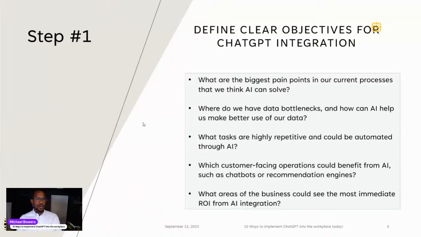Another thing you can do is look at bottlenecks in your business. A bottleneck might be, say, another client whose sales team is constantly having to look at different sources to get the information to then make a decision on what to do moving forward. From a top level, you see this process is taking them, let's say, half an hour before they can do one thing, like send an email or respond.